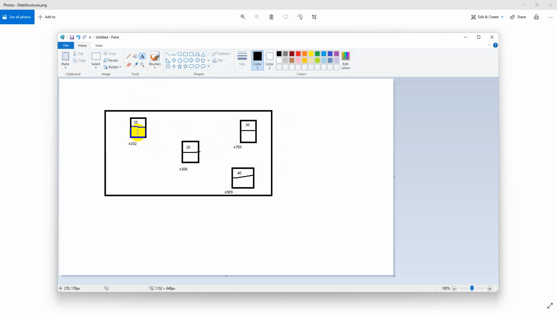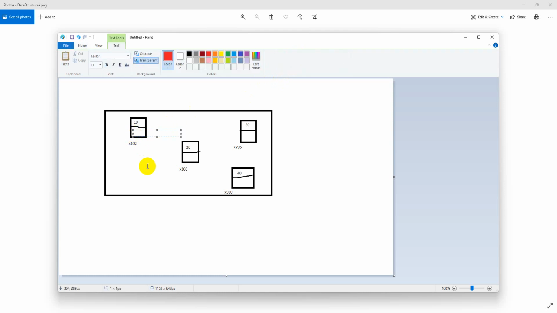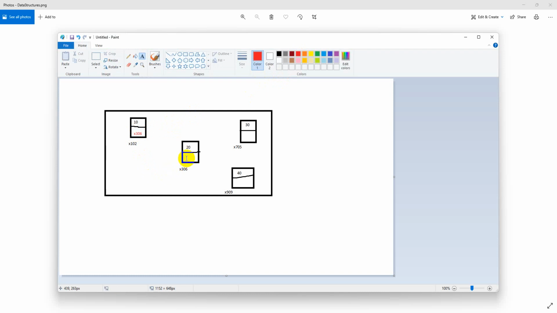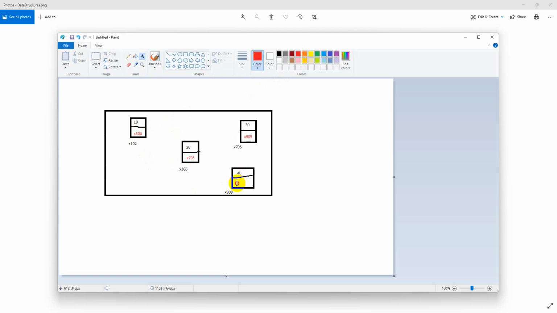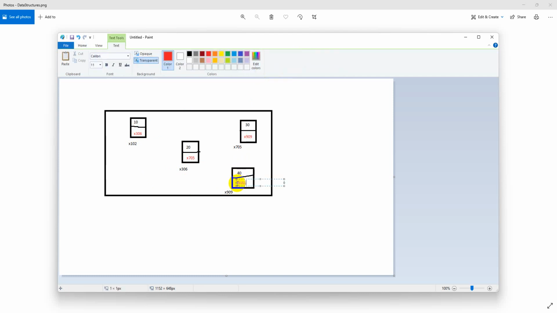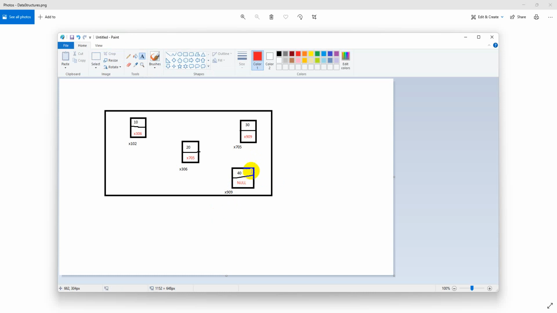The other part is available for storing the adjacent memory locations. So this is going to store x306 beside the element, then x705, then x909. Whenever there is no memory location, in technical terms you can call it null, which can be treated as the last location or the end element as per programming.